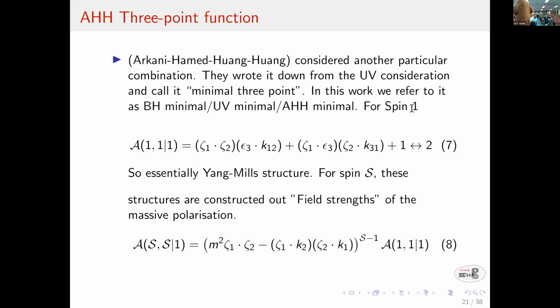I'm still not computing, that should be the purpose. Firstly, one should compute the most general 3-point function, and secondly, one should be doing the graviton. S is the spin of the higher spin particle, and 1 is the spin of the massless one. So S and photon. This is the conjecture in the literature, that this is the 3-point function that you should be using if you want to do black hole scattering.